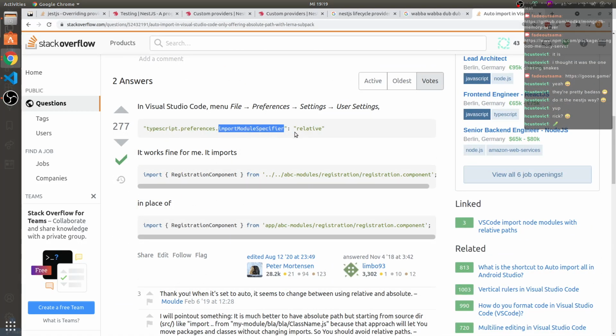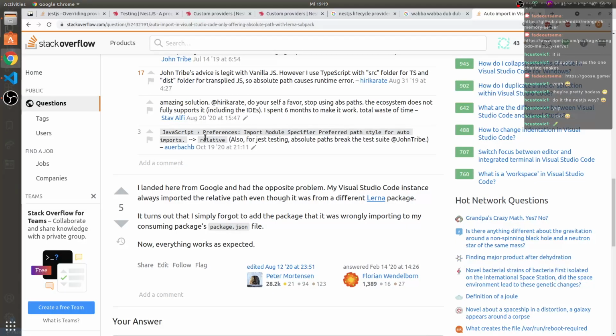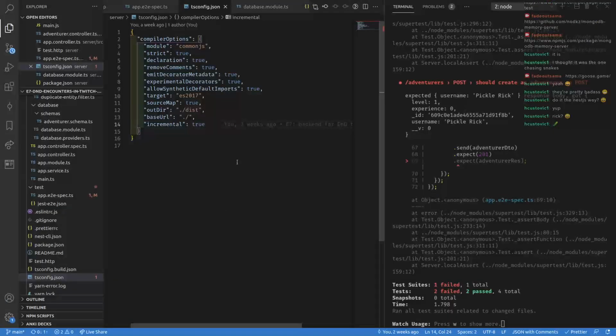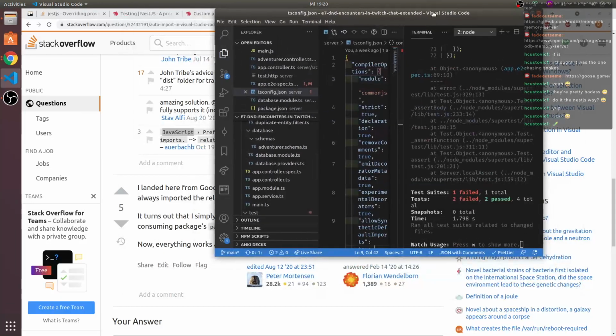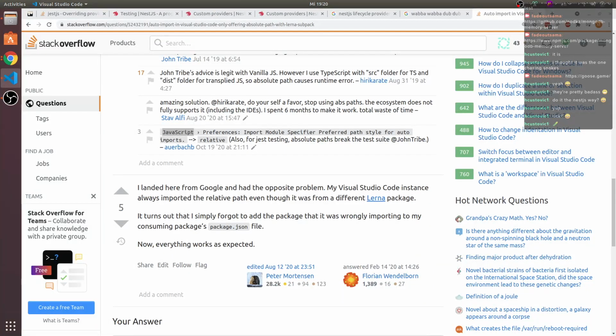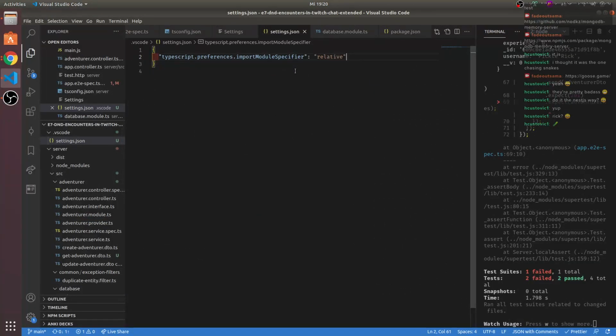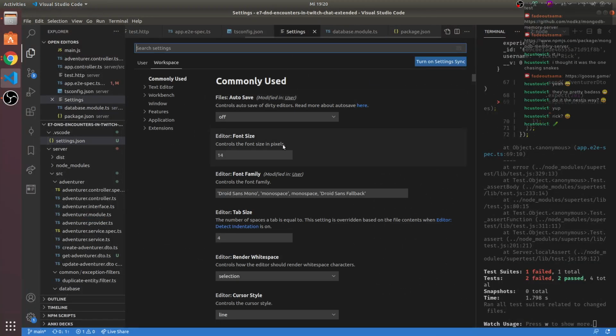TypeScript, preferences, import module. This should do the trick. Oh, also works for JavaScript. So it's actually on my user settings apparently. Let me fix that for a second. And I will fix it over here because I don't know whether I have something relevant inside of my settings. Okay, no, that's fine. So here in the workspace settings, I just set this one, and let's hope it immediately